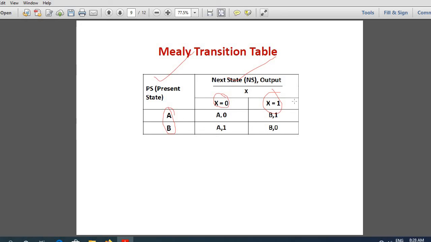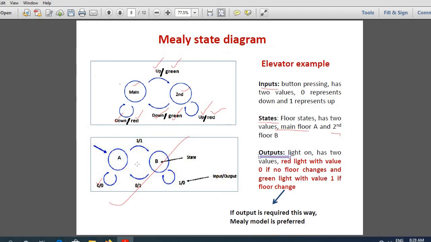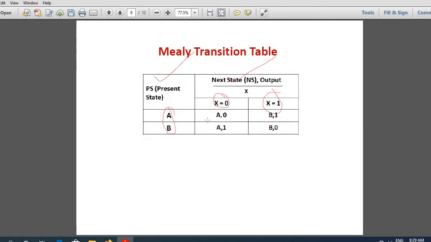Now, if I give input 1, what happens in state A? It goes to B with output 1. That is what is written here. If I am in state A and I give input 1, go up, it will go to floor B and the output of 1, or green light, will be on. That is the meaning of that.